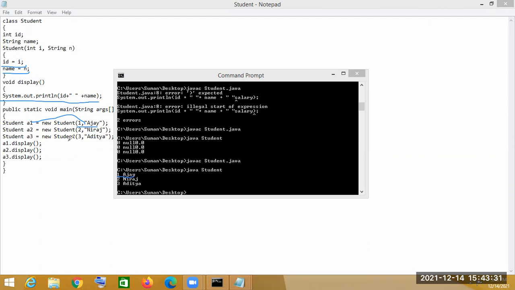देन A2 से किए, A2 डॉट डिस्प्ले जब किए तो A2 के अंदर 2 और नीरज ये वैल्यू स्टोर था। तो जब डिस्प्ले मेथड को कॉल किए तो उसके अंदर जो स्टेटमेंट है सिस्टम डॉट आउट डॉट प्रिंटलन वो एग्जीक्यूट हुआ, और 2 और नीरज प्रिंट हो गया। फिर A3 के अंदर 3 एंड आदित्य ये वैल्यू स्टोर हुआ था, क्योंकि एट ए टाइम हम उसको पैरामीटर सेंड किए थे। तो जब डिस्प्ले मेथड कॉल किए तो ये वैल्यू 3 और आदित्य प्रिंट हो गया। तो ये हम एज ए पैरामीटराइज्ड कंस्ट्रक्टर ऐसे एग्जीक्यूट करते हैं।